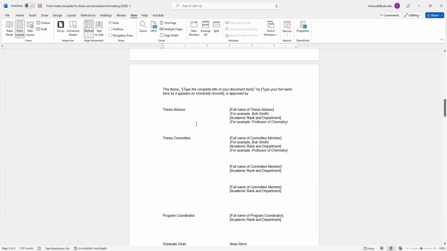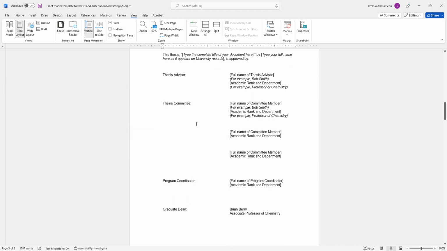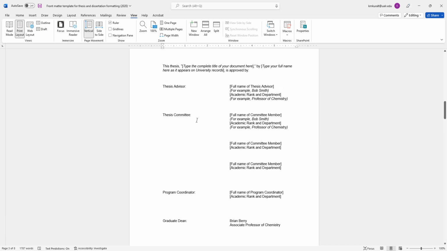Let's keep going. All right, here, my friends, is the page that is the single most screwed up page in dissertation and thesis formatting. So let's talk through this very carefully and be sure and ask me questions about how things do and do not apply to your thesis and dissertation committee. Okay, so the first thing, this thesis, and it stays in quotation marks, and you leave this comma inside the quotation marks. Delete all that out. And notice that it is not in all caps here.